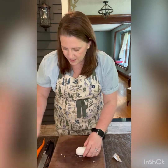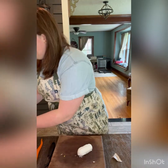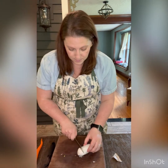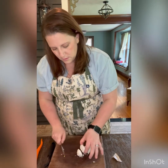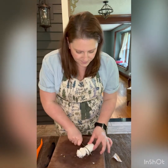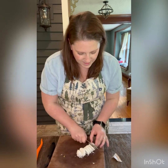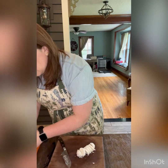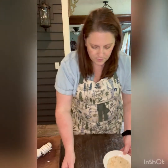Here we go, nice and solid. You're going to cut them into pretty thick pieces so that you have a good thick amount, like so. Cute little discs. All right. And then you want to work kind of quickly, just so they don't start to warm up on you. I'm going to go ahead and move my